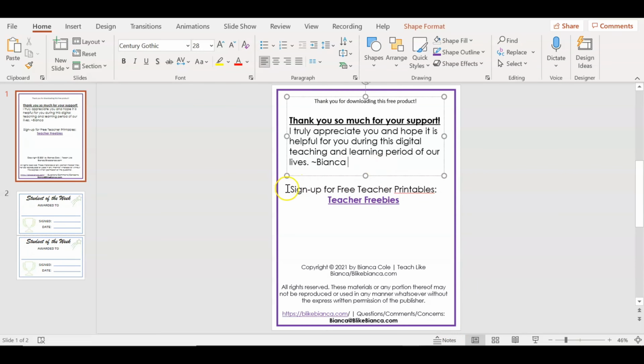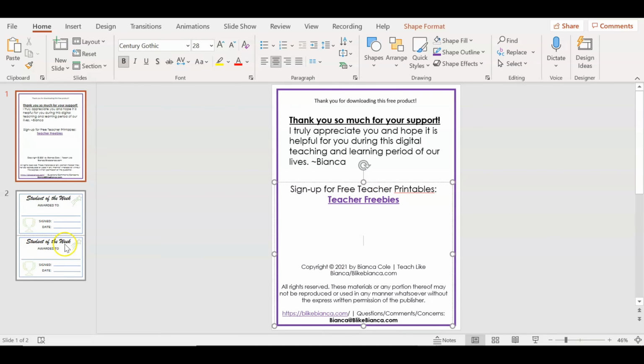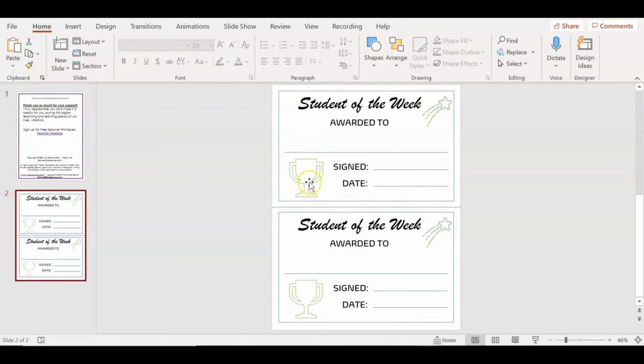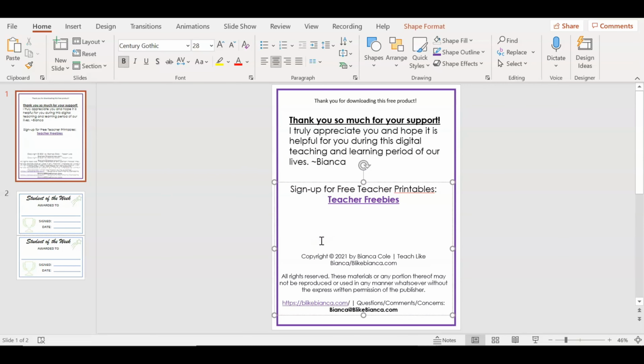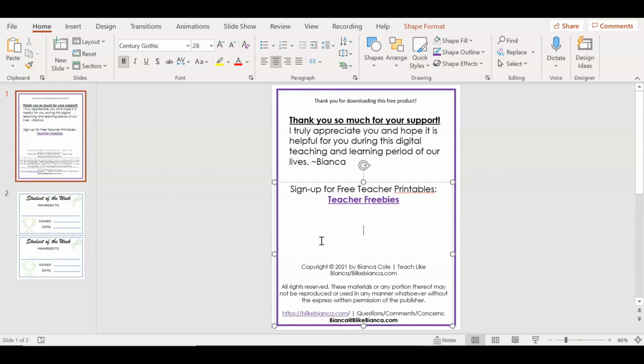So if you notice, there are more blank areas on the thank you page, and usually what you can do in those blank areas is add pictures with links back to your Teachers Pay Teachers store. You could add links to other products that might go with, like, the awards. You can also do